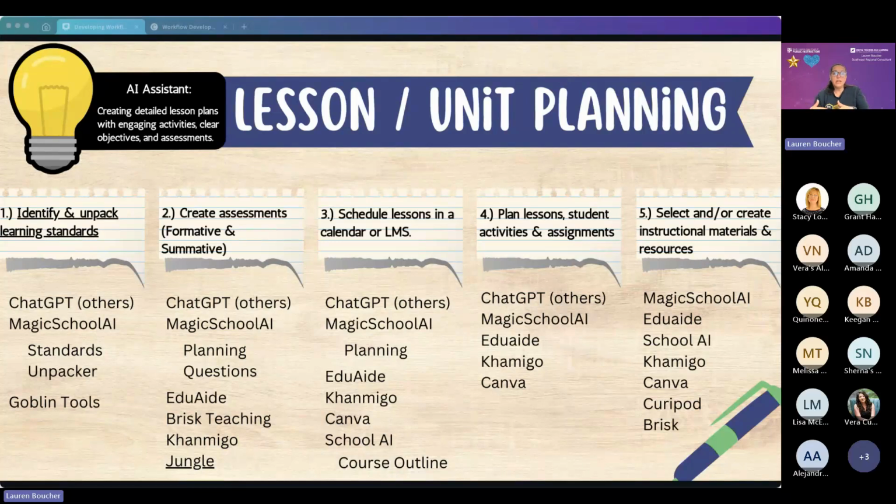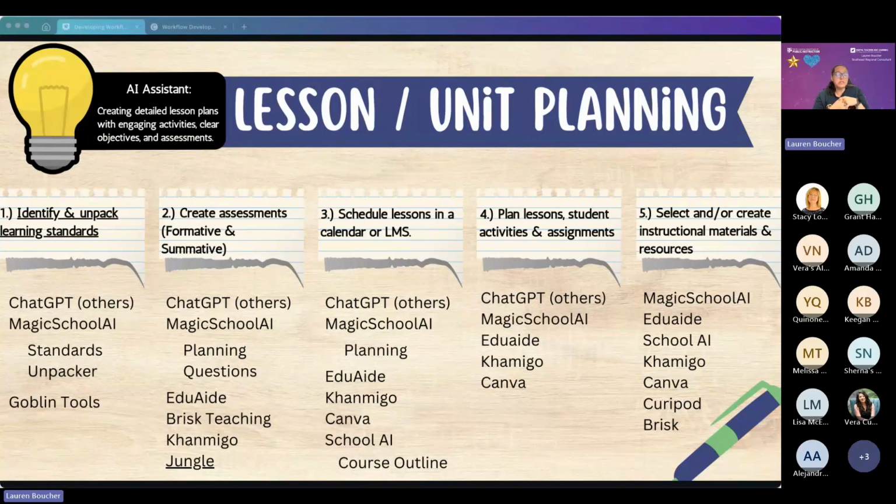However, if you have the paid version of Magic School, you can ask those follow-up questions and get that information. If not, you can just copy and paste what it gives you that first round and put it into your favorite chatbot and continue the conversation there to completely unpack that standard.